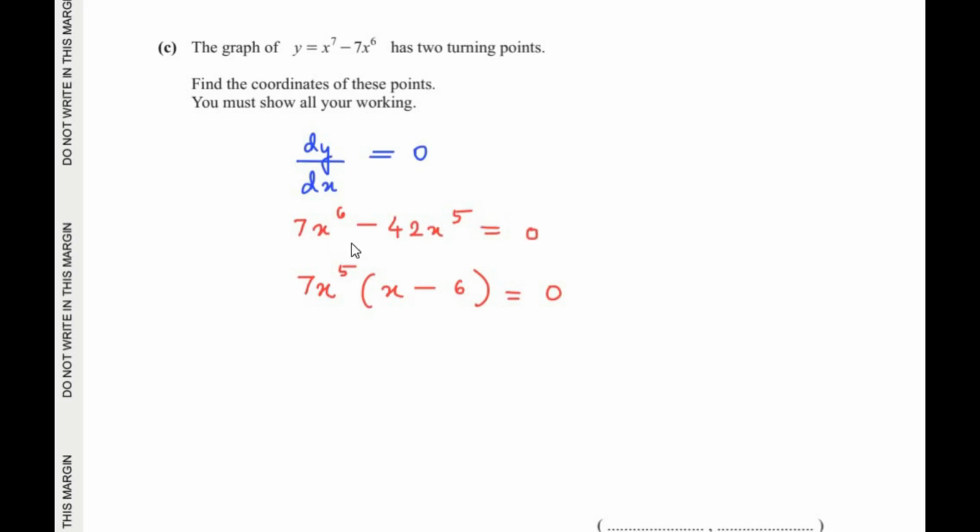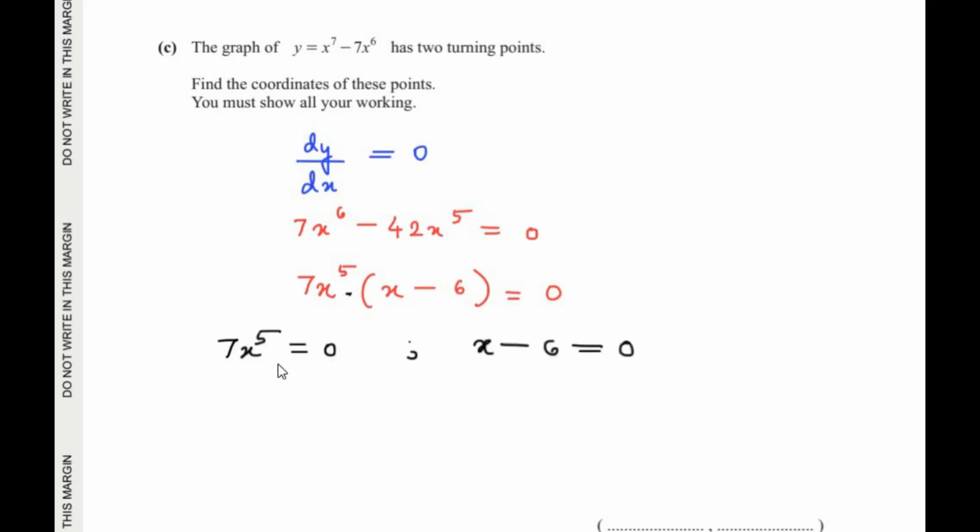So take out the common factors. 7 is a common factor from these two terms. So we have taken 7 out, and x to the power of 5 is also a common factor. So we have taken 7x to the power of 5 as a common factor, and inside the bracket remains, if we have taken x to the power of 5 outside from the first term, only x remains in the first term, minus, now 7 divides 42 giving us 6, and x to the power of 5 is taken out. So we have two factors now for this left hand side. One of the factors is 7x to the power of 5, and the second factor is x minus 6 equal to 0.